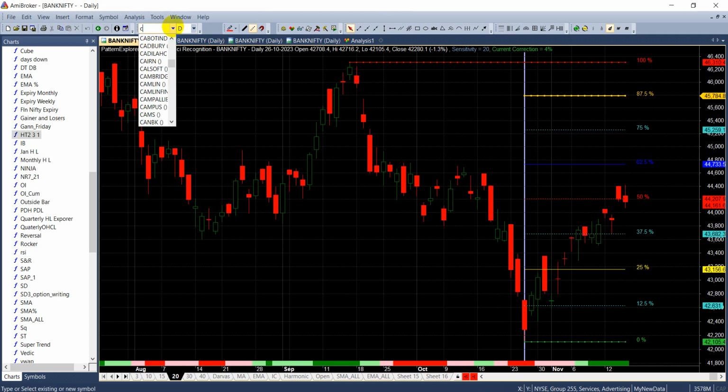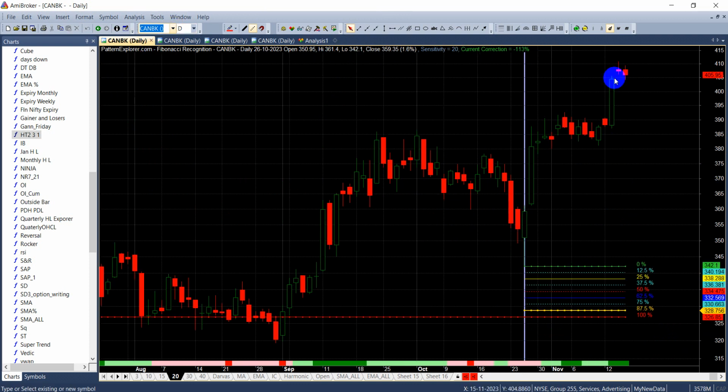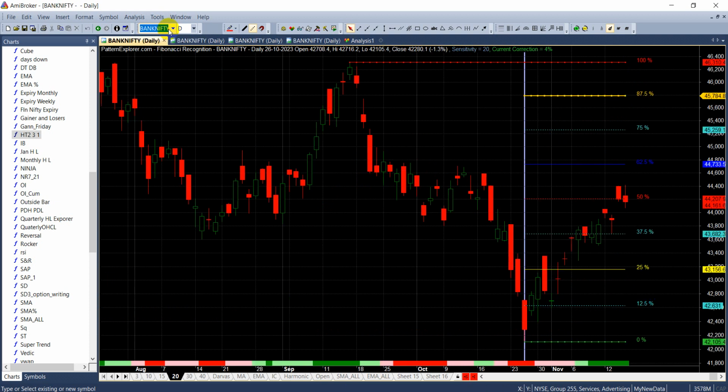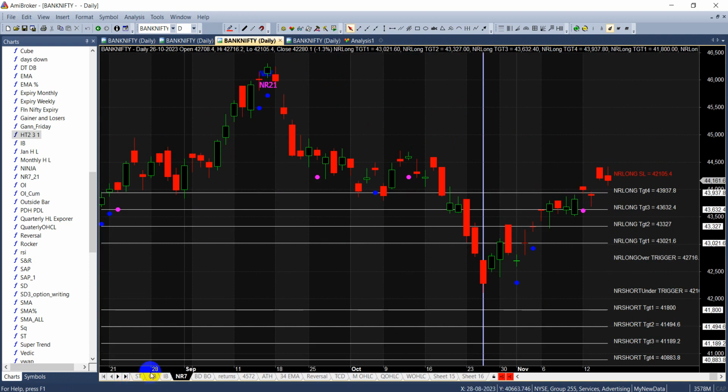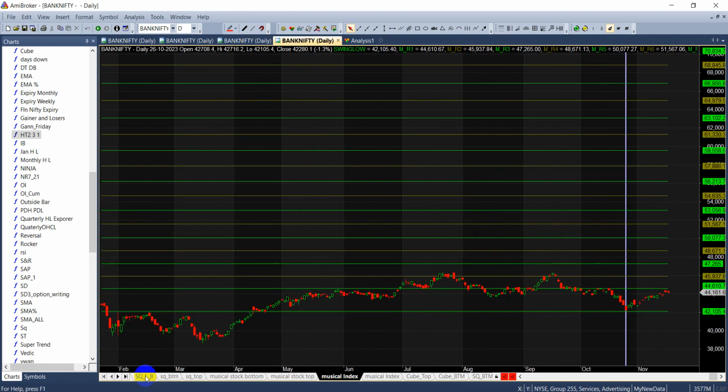PSU banks is something which has outperformed the market, but this news can impact them. So Canara Bank, we had a discussion on that also. So hopefully if this low is breached, then probably this whole up move till 385 will be absorbed again by the market, is what we are forecasting. So yeah, that's about it. Bank Nifty levels, let's quickly look at that also. If someone wants to trade Bank Nifty,